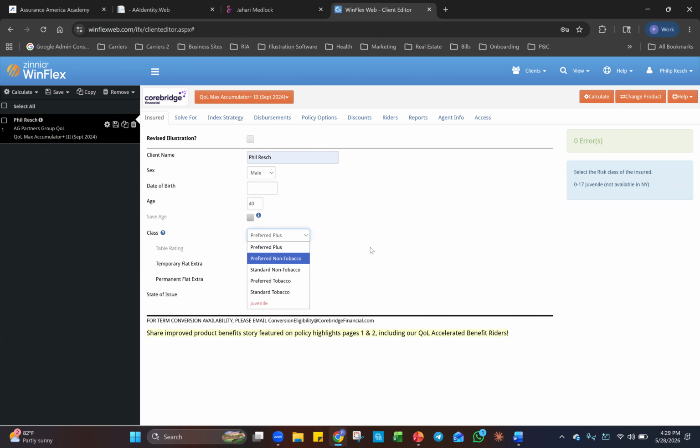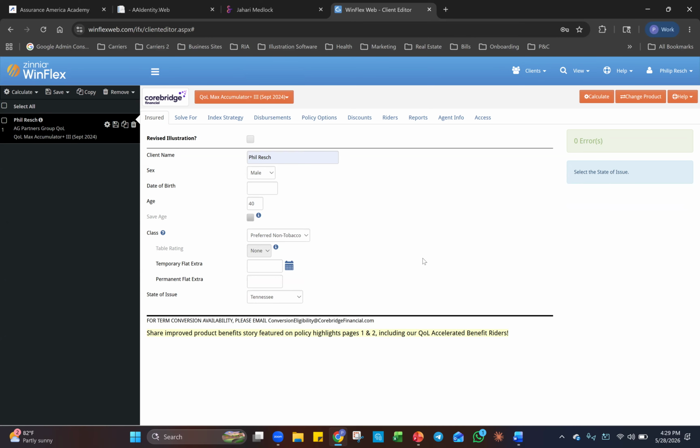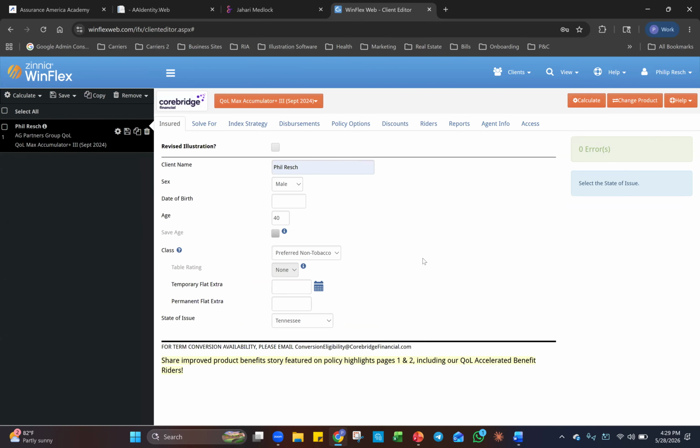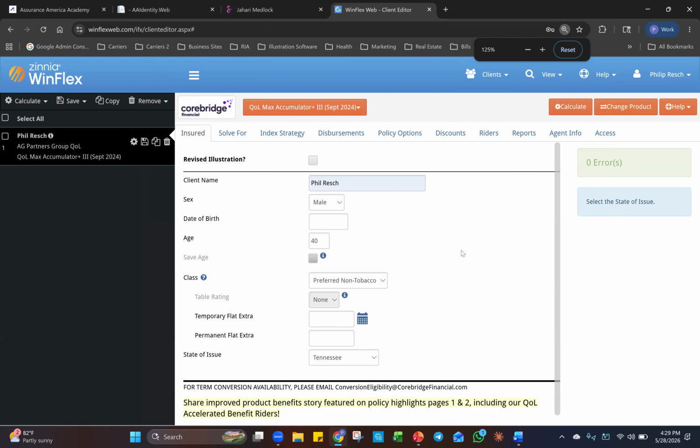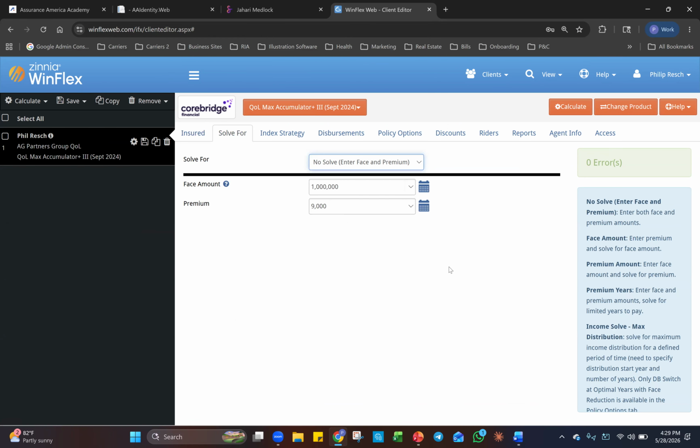And I'm going to pretend I'm preferred today, and I live in Tennessee. Okay, real basic info. I'll zoom in a little bit too so it's easier to see. And here we do solve for. Okay, so anytime we run an illustration, you should know one of two variables, and you're trying to solve for